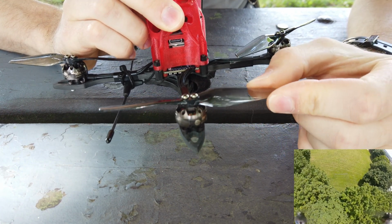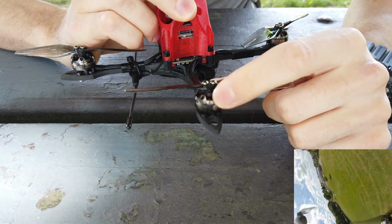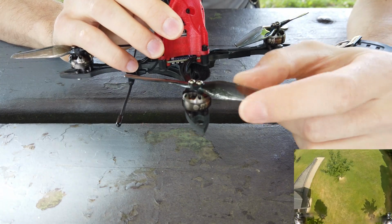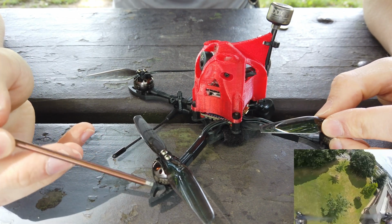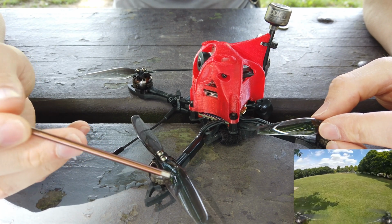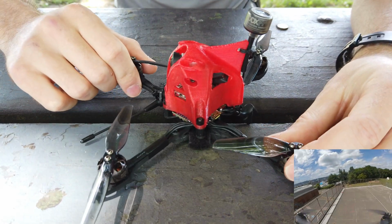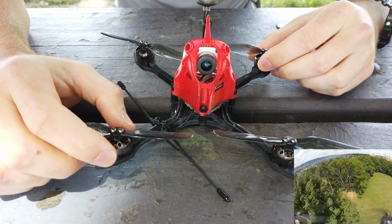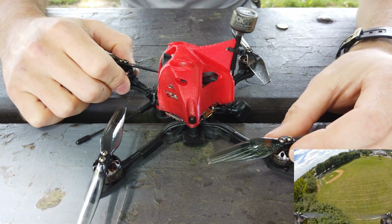I tried at first using the Gemfan 4-inch Hurricane props, but those were too much prop for these motors because I noticed I get some bobbling. With these smaller HQ 4-inch bi-blades, it's just the right amount of prop. If I were to build this over again, I'd probably use the Beta FPV 1505 motors and put on heavier props. But since these are the only motors I had laying around, I had to use smaller props, which is fine because this thing is a blast to fly. Not only does it serve as a scout, but it also kind of mimics what my Beast class flies like, with the same rates, and it's also really fun just to fly around. And it weighs only 215 grams